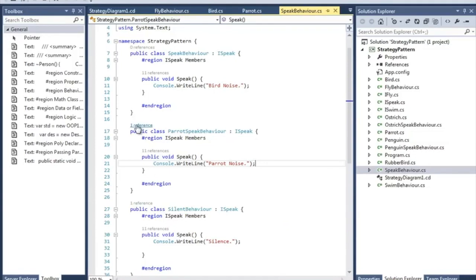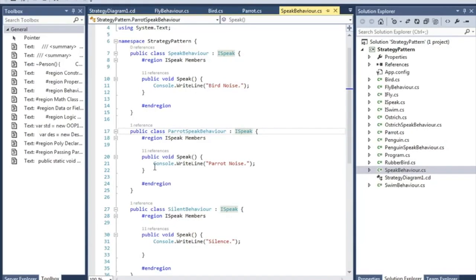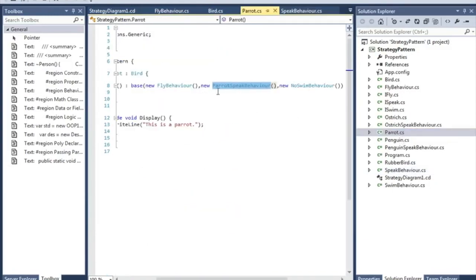So I have the parrot speak behavior class, which implements iSpeak, and in the speak method, I'm just saying parrot noise. Every bird has a different noise, so I write different noises, and generally I put the bird noise speak behavior, and in parrot I implemented the parrot speak behavior.